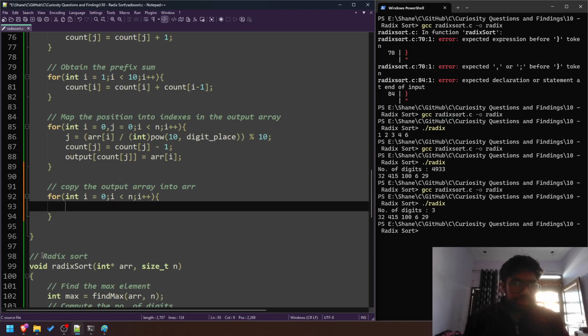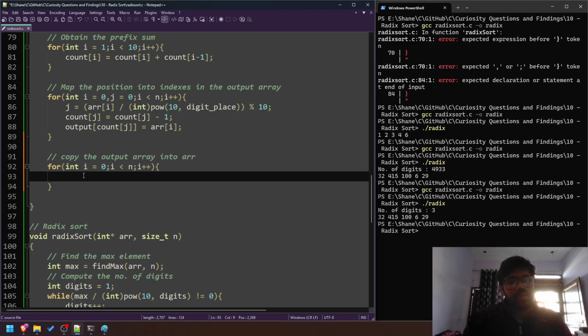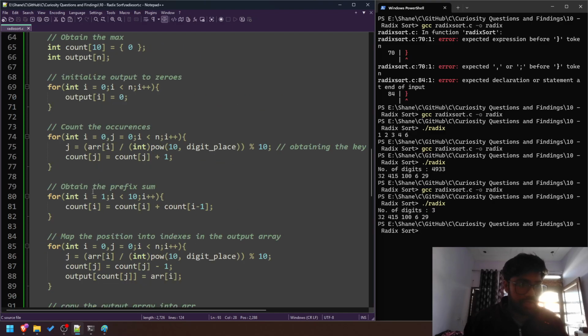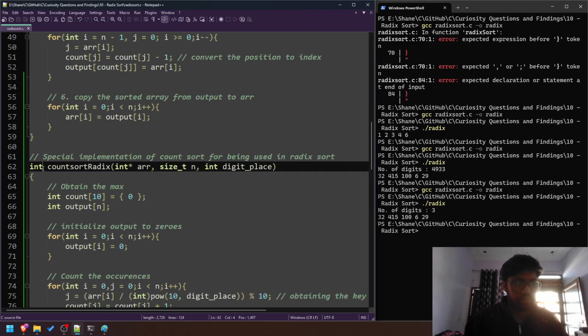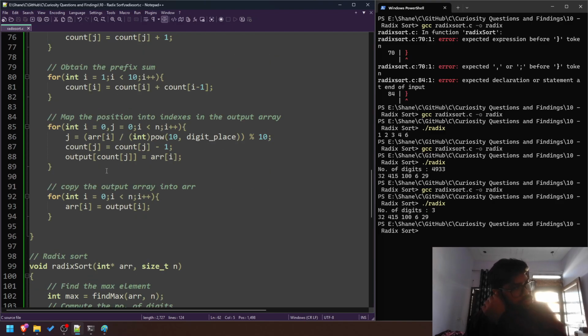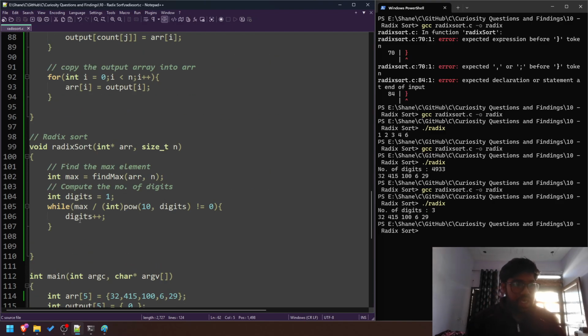We will go with array of i equals output of i. Then we return void count sort. We return. Okay, now